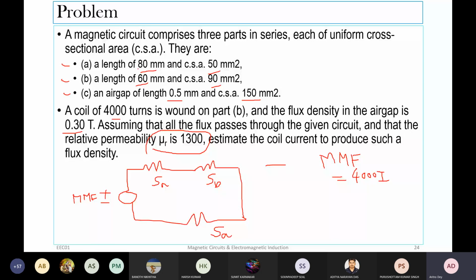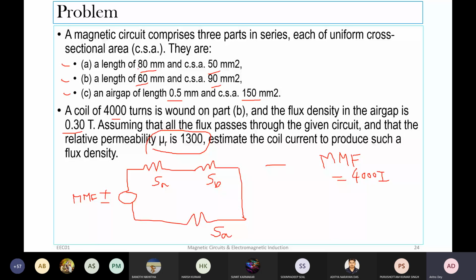So that is why, because of this high reluctance, we will need more current to generate the same flux. Or, say, we have ignored the fringing effect and the losses here. There may be air gap losses, because whenever you have a magnetic circuit like this with an air gap, there will be fringing, and for that the effective cross-section area will increase, just the way it is shown here.